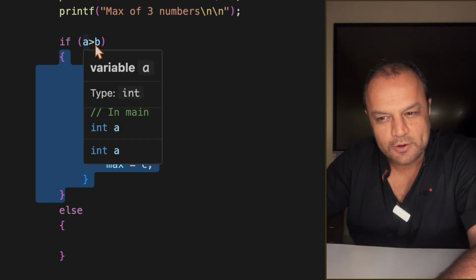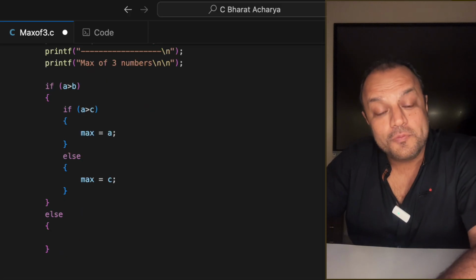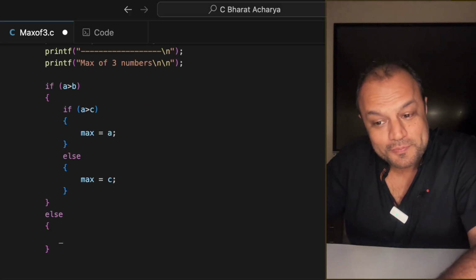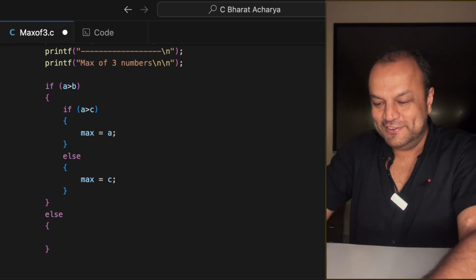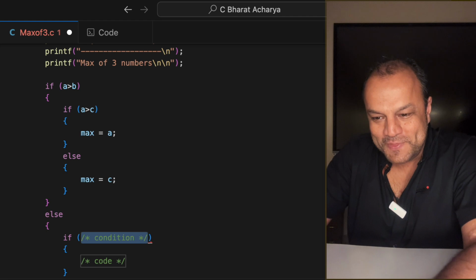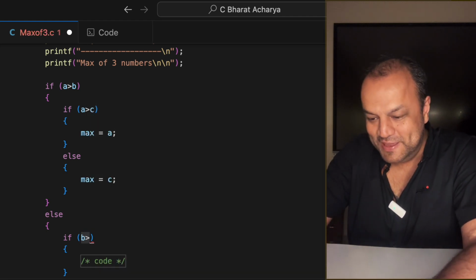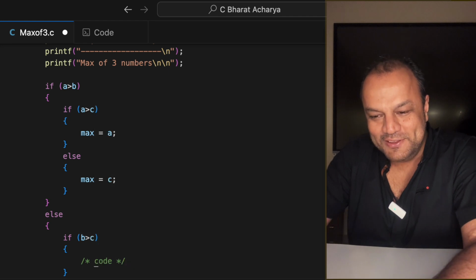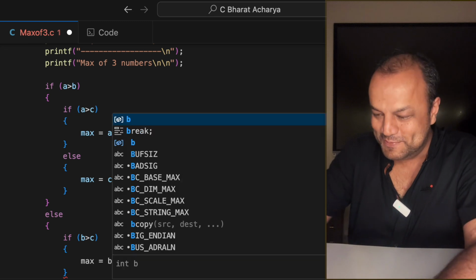That means A could not beat B. That means who is out of picture? A is out of picture. Now the contest is between whom and whom? B and C. So if B has already beaten A, if B is greater than C, that means who is the max? Come on, loud and clear. Max is equal to B.